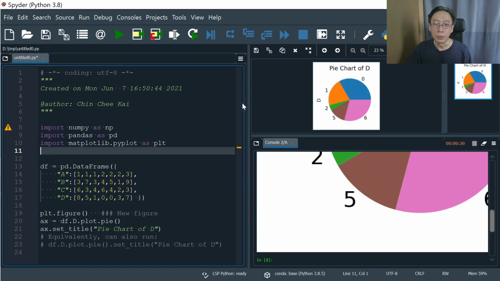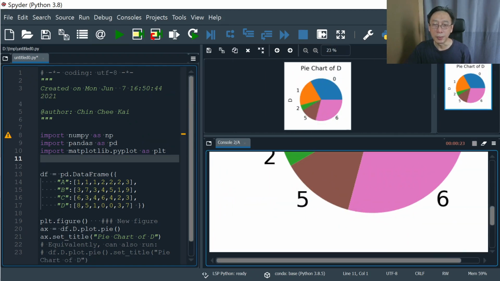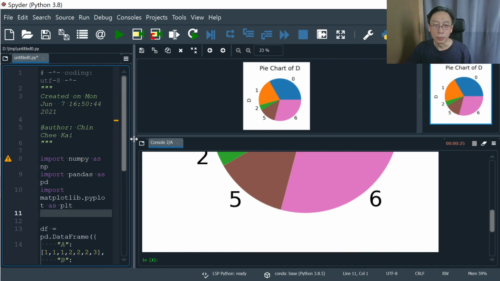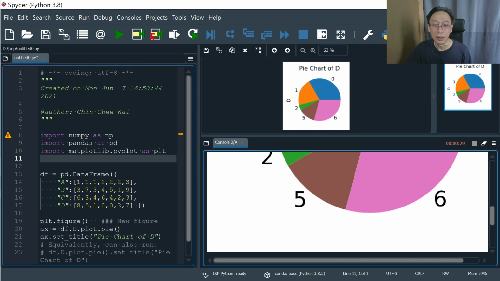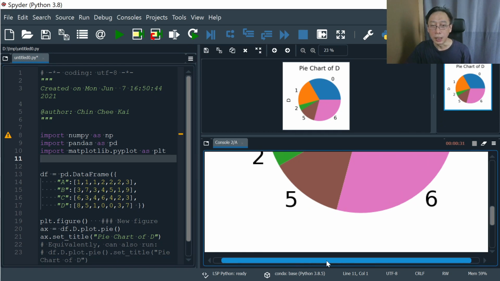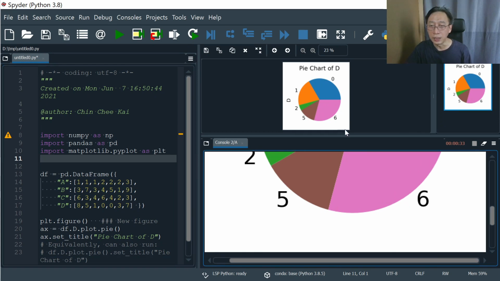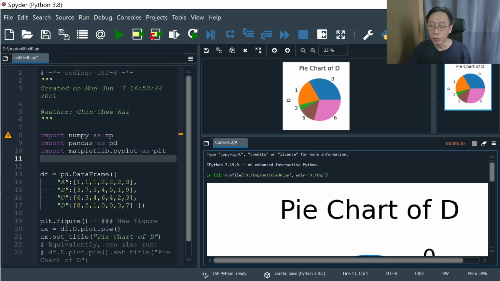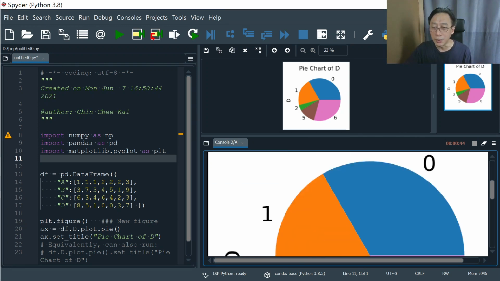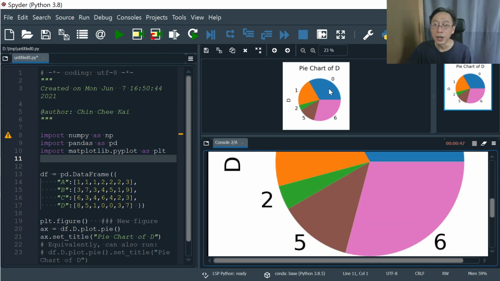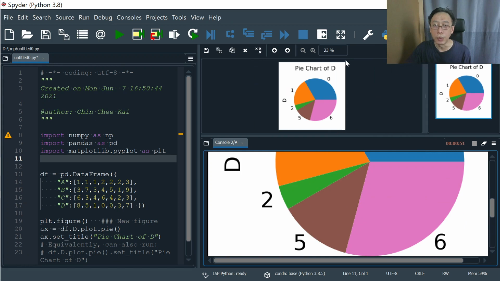Okay, nice. So now we get a nice picture. As you remember how I arrived at my DPI, those configuration numbers, I am actually getting a pretty nice, decent view of the chart that is supposed to occupy as big as my screen. So it's containable within my screen. But because my console is a little bit small, it's looking a bit largish. Nevertheless, you can always get a good view of